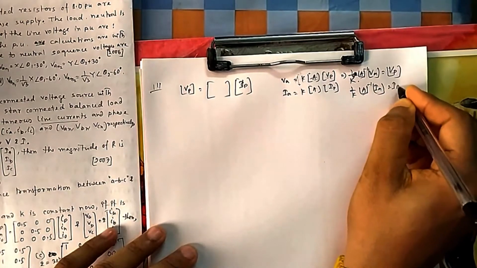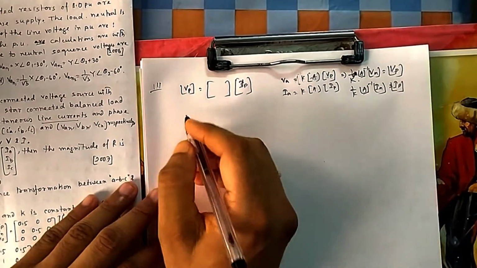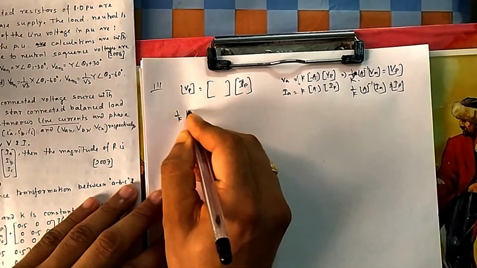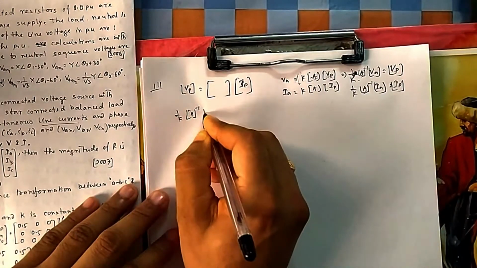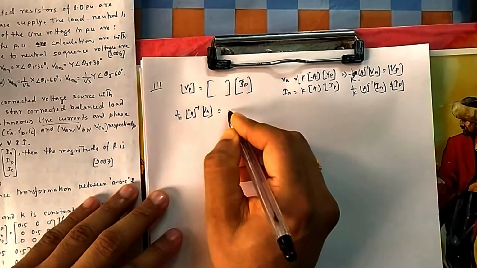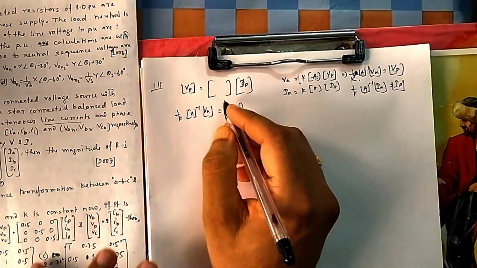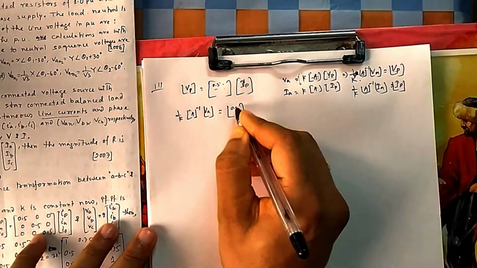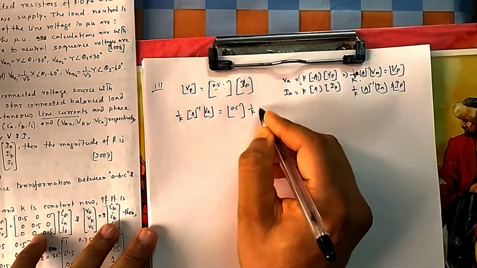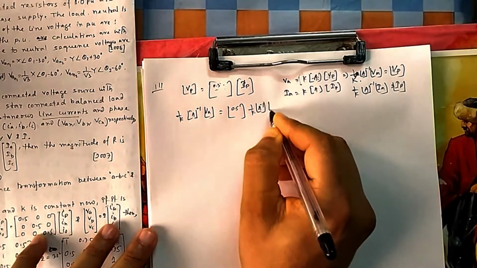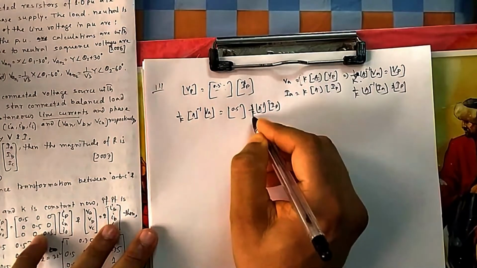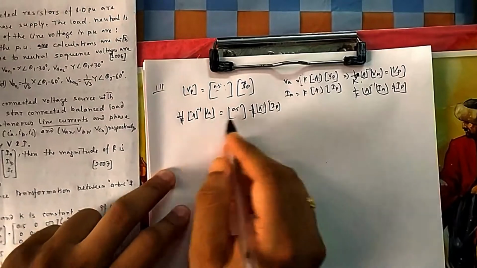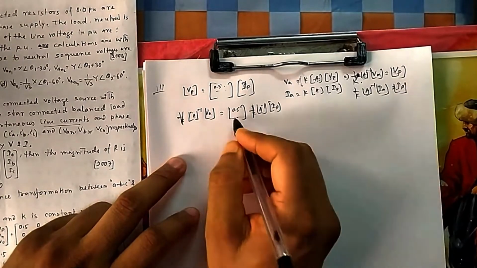So we put all these values there, then you will find the answer. So instead of VP it will be 1 by K A inverse VA. Here also it will be some matrix, this one, 0.5, 0.5, I am writing it in this way. And here it is again 1 by K A inverse IA. So 1 by K is a scalar, you can cancel it out, but you cannot cancel this one because there is a matrix in front of it.